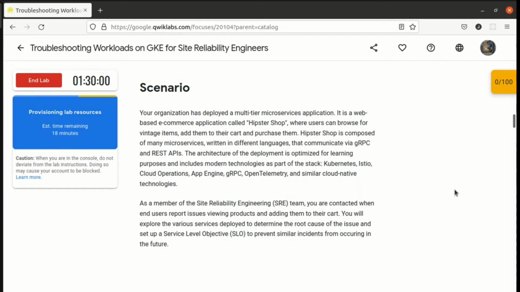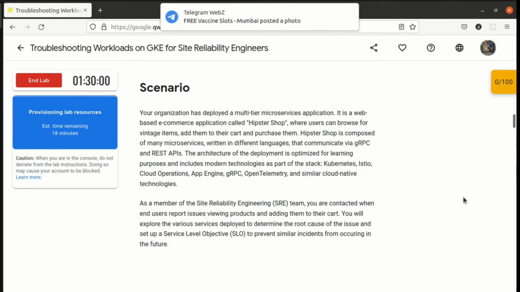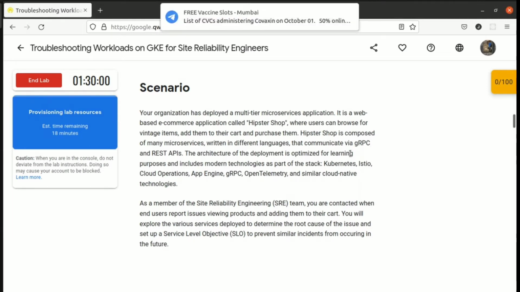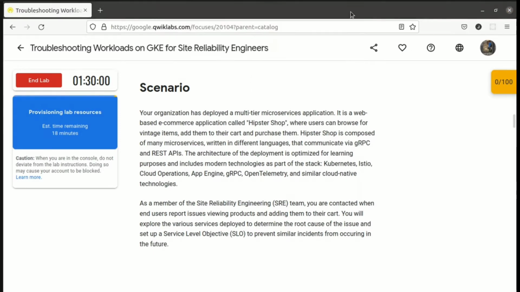The architecture of the deployment is optimized for learning purposes and includes modern technologies as part of the stack: Kubernetes, Istio, Cloud Operations, App Engine, gRPC, OpenTelemetry, and similar cloud-native technologies. As a member of the site reliability engineer team, you are contacted when users report issues viewing products and adding them to their cart. You will explore the various services deployed to determine the root cause of the issue and set up a service level objective to prevent similar incidents from occurring in the future.